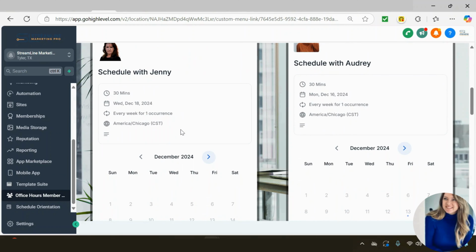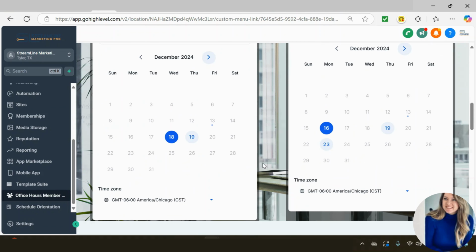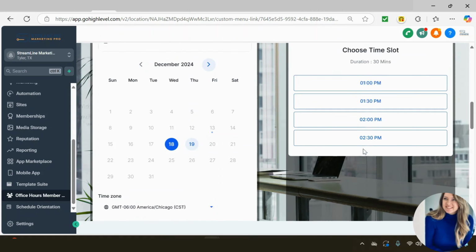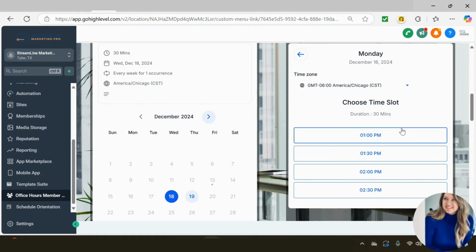And then, if you scroll down, we each have our own calendar and we each have times and days that work for us. You can select one of those days and it'll pop up some times. So generally the meetings will be about 30 minutes. Maybe they'll go over a little bit if we don't have a back-to-back appointment, but plan for about 30 minutes